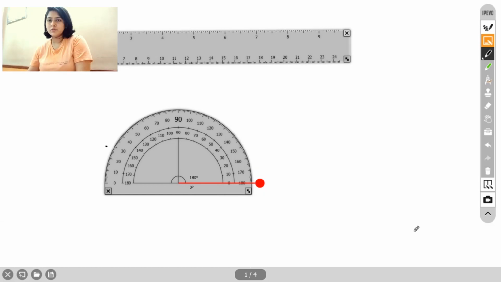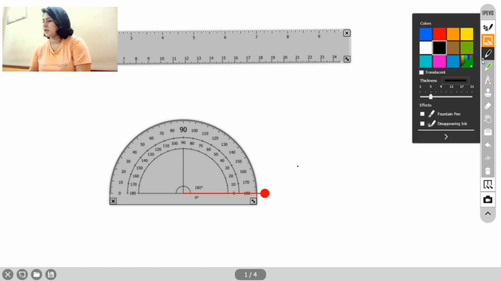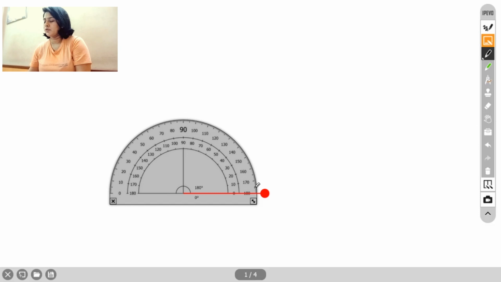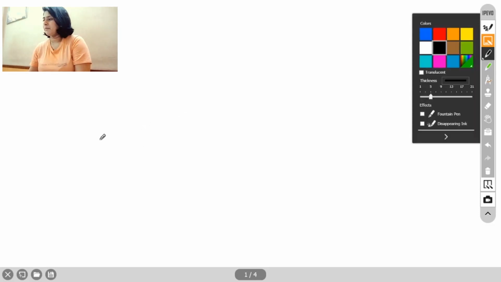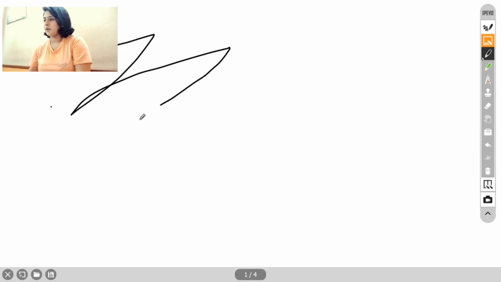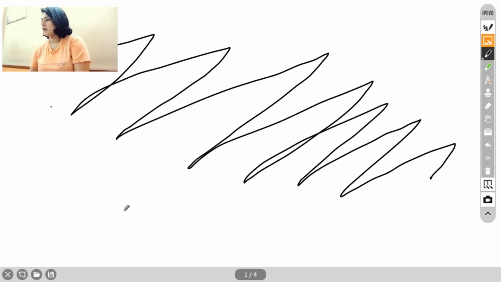So what all tools do we have next? We have this undo tool. If I click on this undo tool, let's make something on the screen first. To undo it, close the scale. Just close it with the button here. So we take our pen and we just scribble on our screen again. I make a random pattern out here and then I click on the undo button.